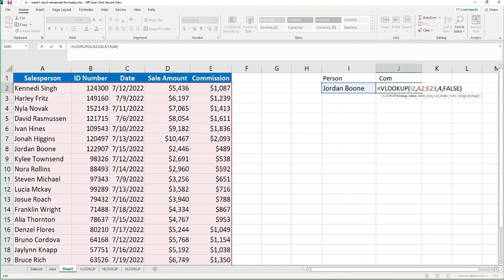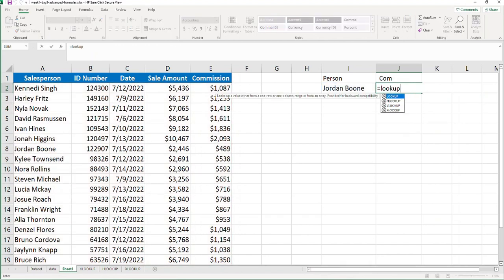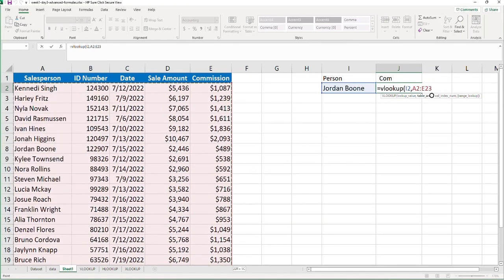So now you have your lookup value, then you have to select your table. Select the whole thing. So let's do it again. You are doing VLOOKUP. Then this is your lookup value. Then you can come and select the table that you are going to search in. So the table is like